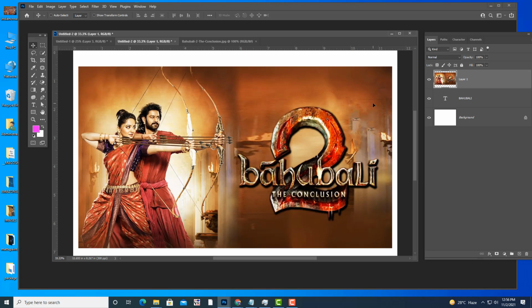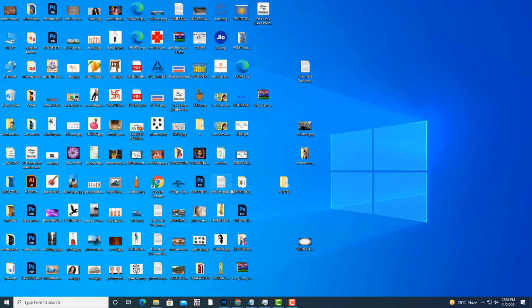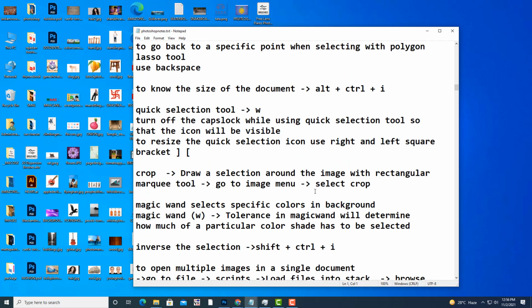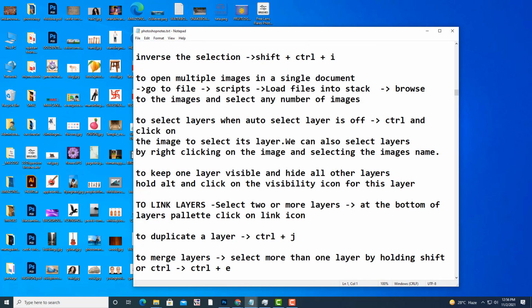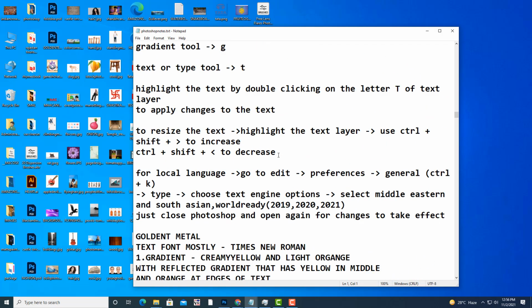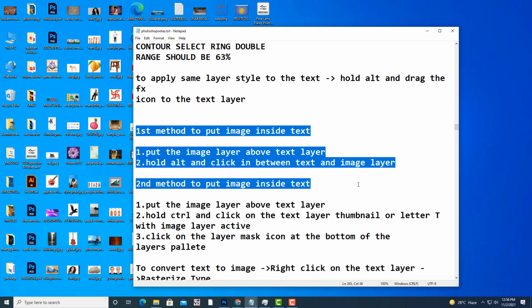So first you write down the first method, then you write down the second method. Just write down the first method, then after that I will show you the second, and at that time you write the second. It's very easy, the first one.